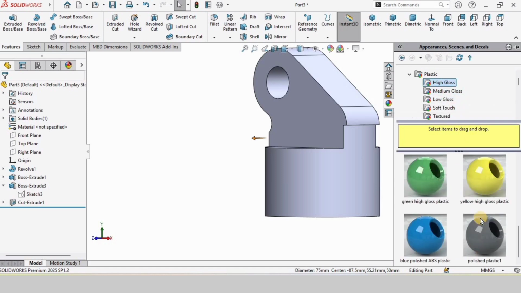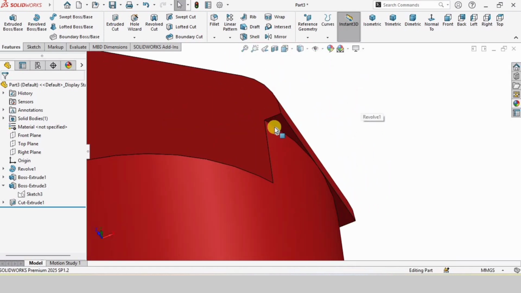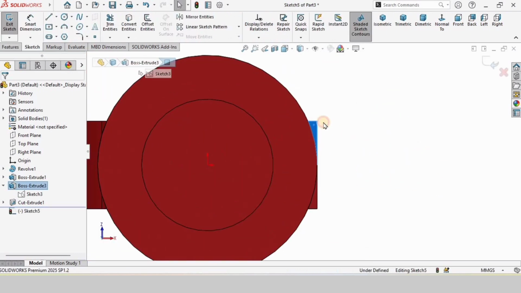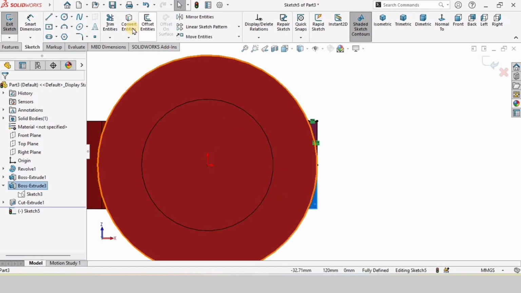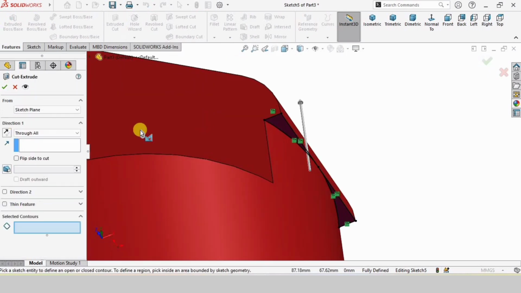And let me quickly apply an appearance to this part. And this is an optional thing, you can specify any appearance you like. So I will create a sketch on this surface. So select this and click on convert entities, then go to features, select extruded cut, and here we have to specify the contours